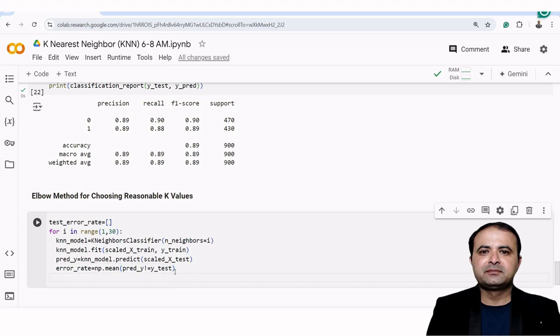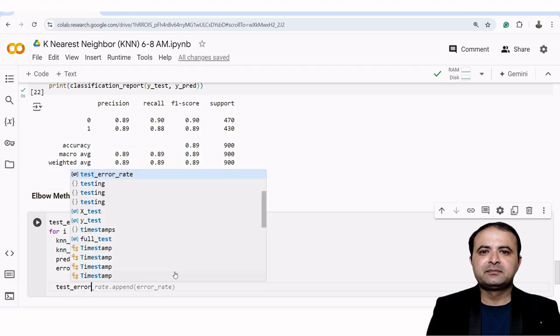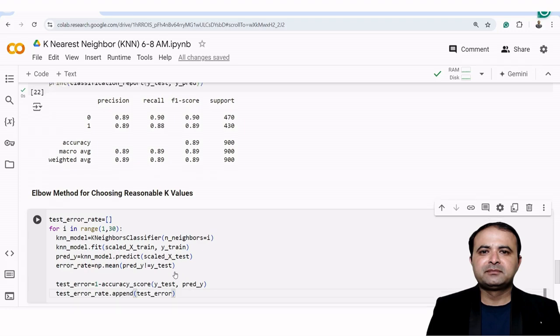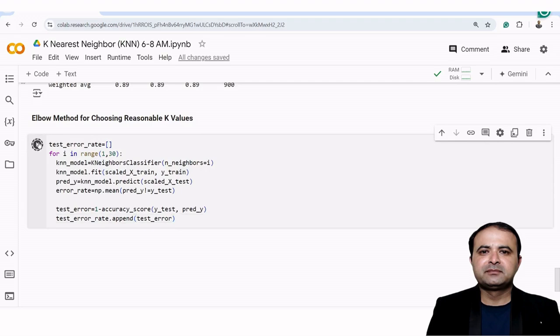So you can see, now I want to print the error rate, the test error accuracy. So the accuracy score, and then I want to append all the error results. So once I have fetched out all the data into this algo,